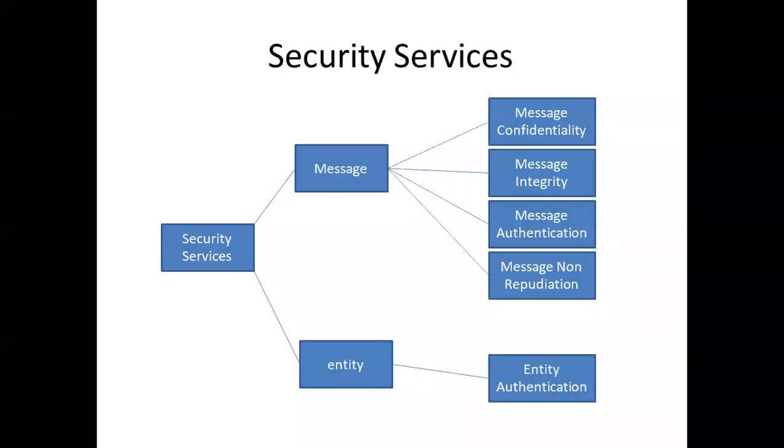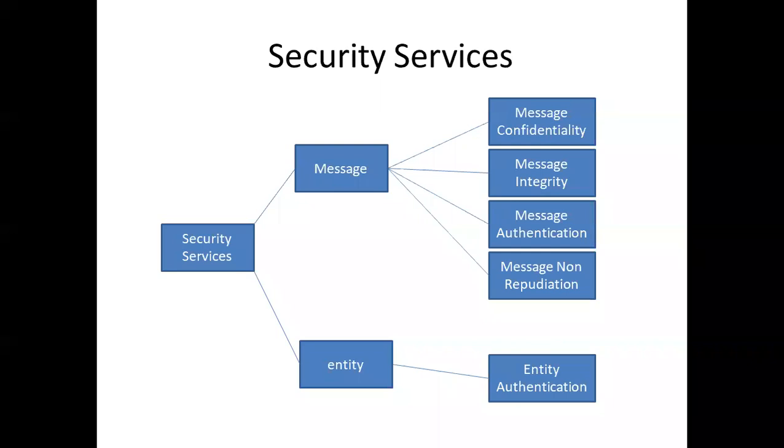Generally, when we talk about security services, we look at security of a network from 2 points of view. One is the security of the actual message and the other is looking at it from the entity point of view. So security services could be thought of in terms of the message, that is the actual data you're transferring, and the entity, that is the person or that machine, or the source, from whom that particular message is coming.